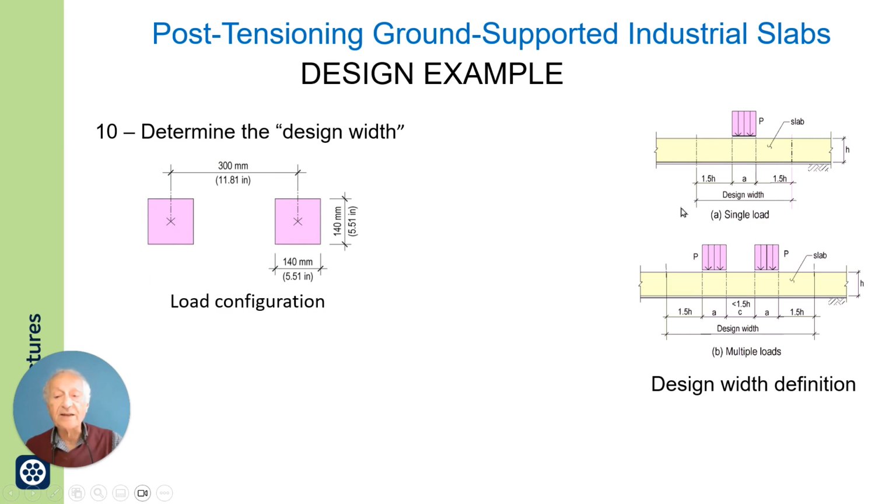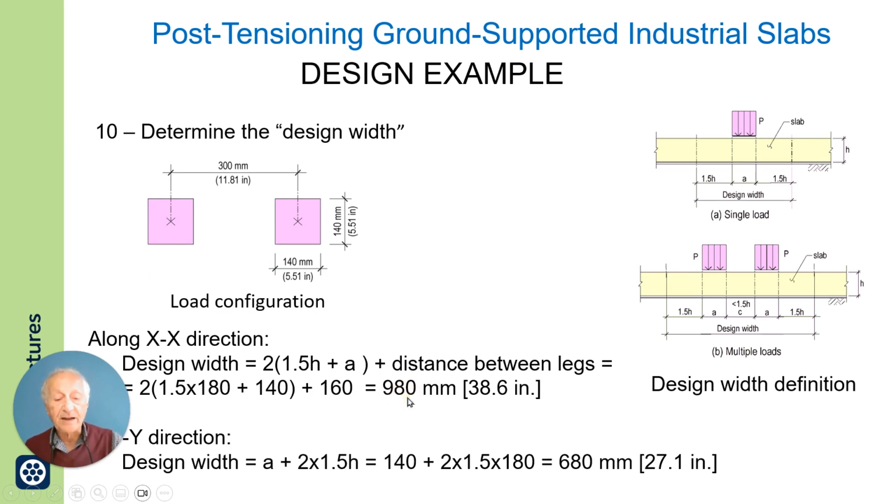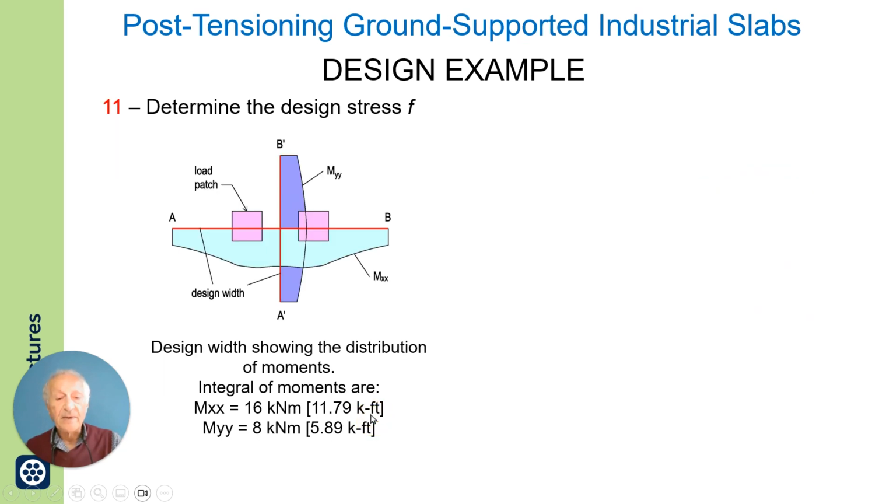the design width for, in this case I have 2 loads, so the design width will be a little bit larger than there. So the design width in one direction is this value here, which is based on this calculation. It is 980 mm, and in the other direction will be different. Now, then I come and